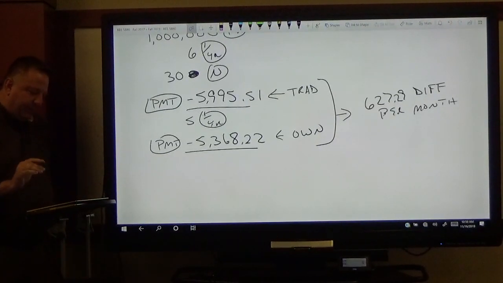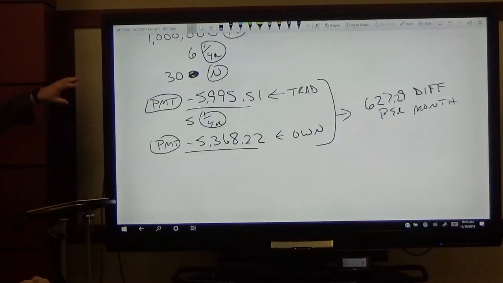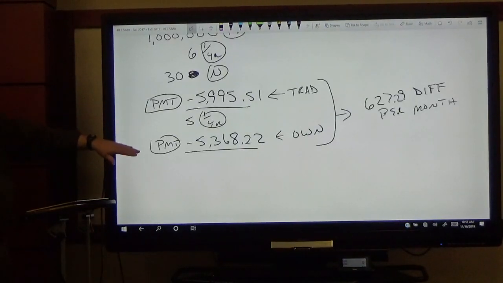So in essence, under this scenario, they're getting away without making any sort of adjustments to anything. They would be paying $627 less per month by going with me. Okay, is everybody with that? Yes or no? Yes. Okay, so what that means is if they end up making those payments for the next 30 years